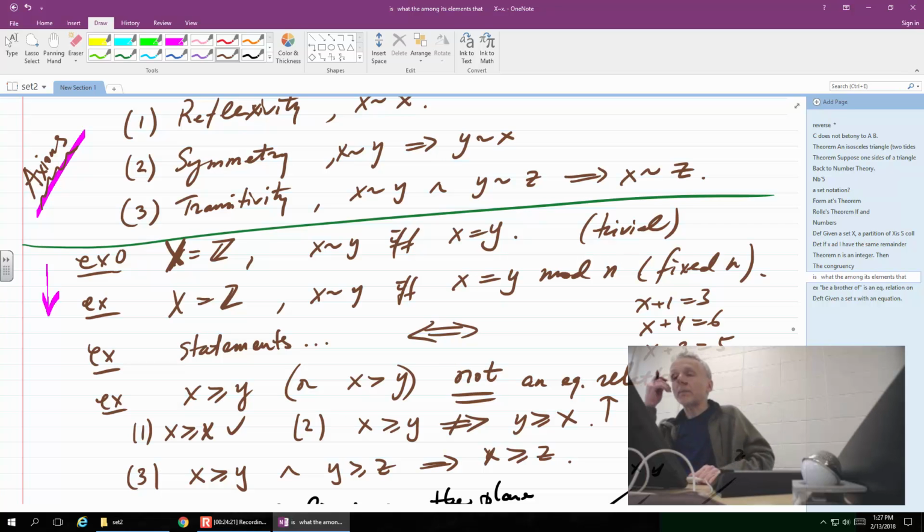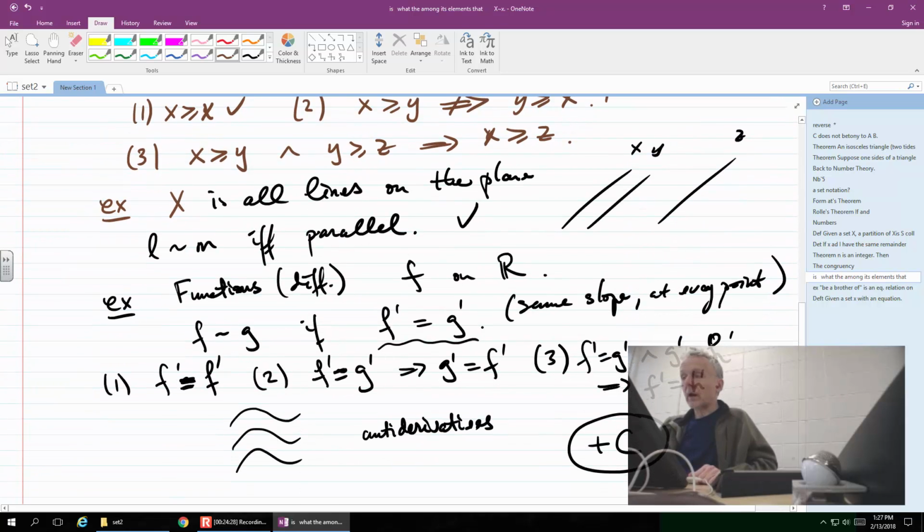Statements. So an equivalence class is all the statements equivalent to a given statement. That might be hard to comprehend. What about that example of two parallel lines? The equivalence class of every line is the set of all lines parallel to it. So imagine there is a line, and all the lines parallel to it form its equivalence class. Okay? Similarly, if you have a function, all functions with the same derivative form an equivalence class of that function. Okay, so no big deal.